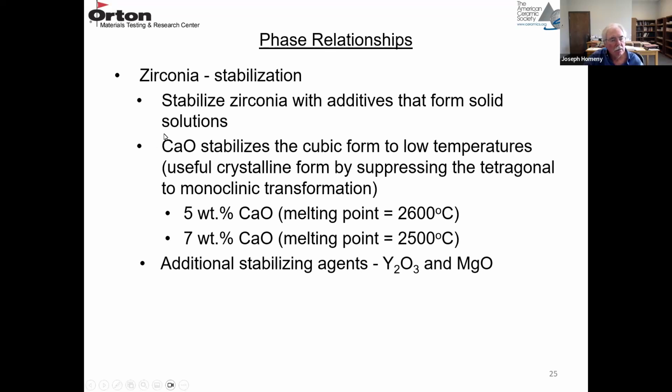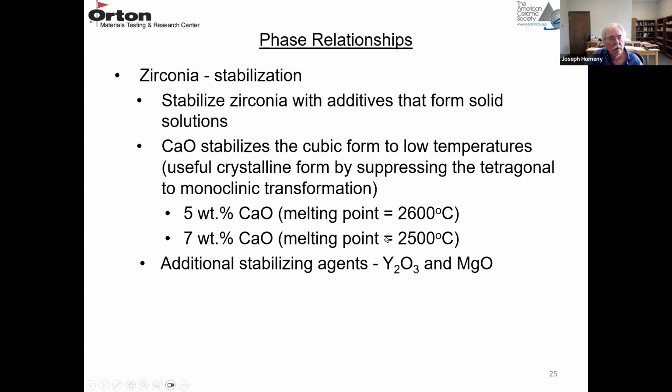So this lime addition makes a useful refractory. It suppresses the tetragonal to monoclinic transformation. So it keeps everything in the cubic phase field. So if you add 5% CaO, the melting point is still really high, 2600 degrees C. If you add a little bit more, up to 7 weight percent CaO, the melting point is still high, 2500